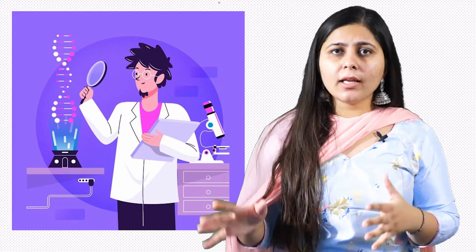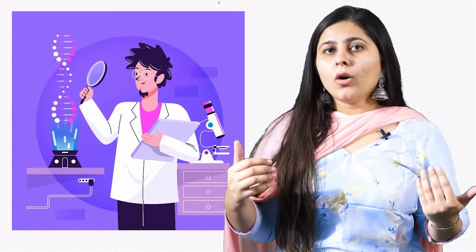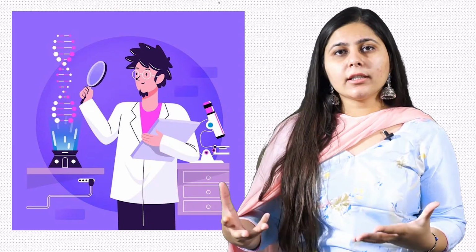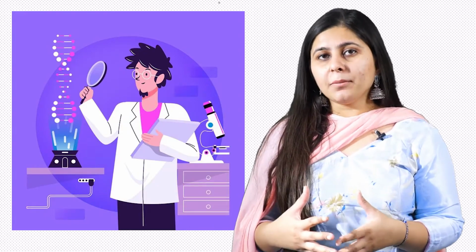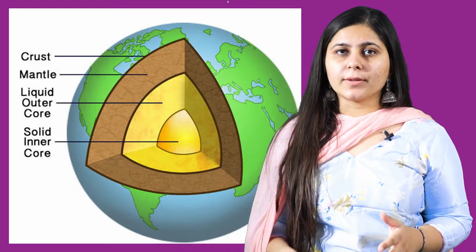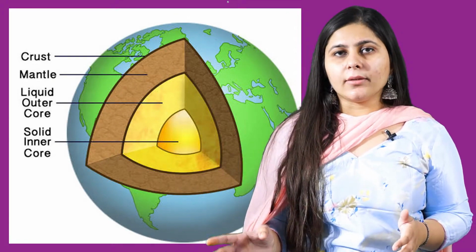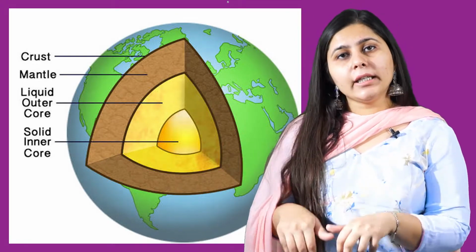Now the next point: have you ever thought how our scientists realized that there is a substance that can attract things? Obviously, it can't all of a sudden come into their mind. So this concept came from our planet Earth, the planet on which we live. I am sure that all of you know that Earth has three layers: core, crust and mantle, right? And the core is the innermost layer.